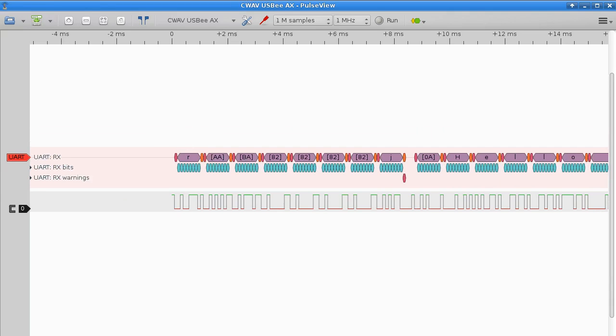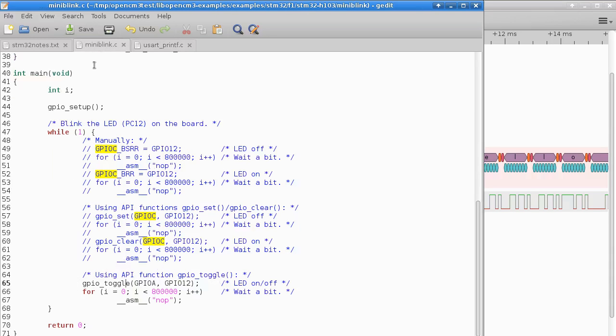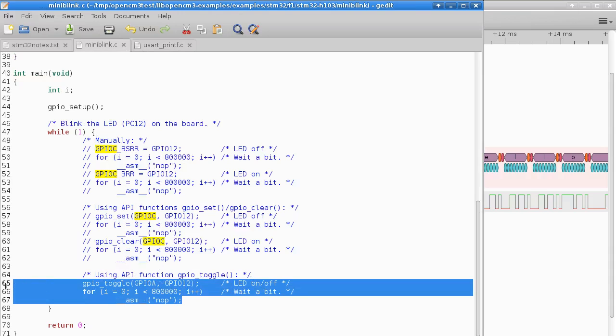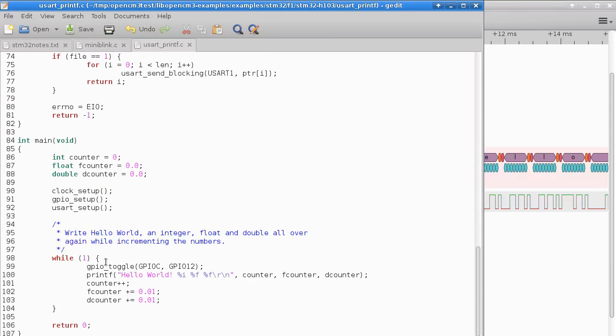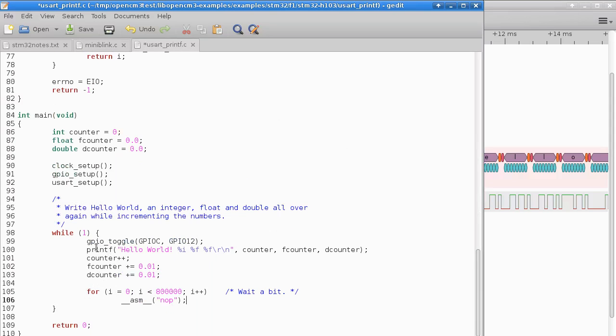Actually, let me do, I want to see if I can do that again, because what I did there was I took this delay loop and I put it in there. So it's going to print out, at least this was my thinking, hello world like that. Then it was going to wait for that amount of time. As we saw before, this was the amount of time that the LED was flashing. So I save that and then